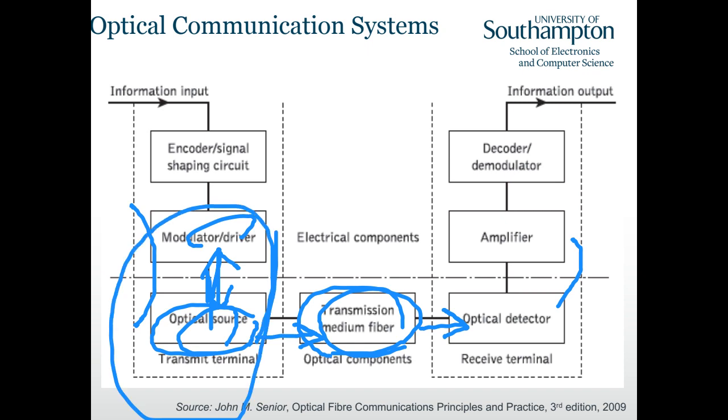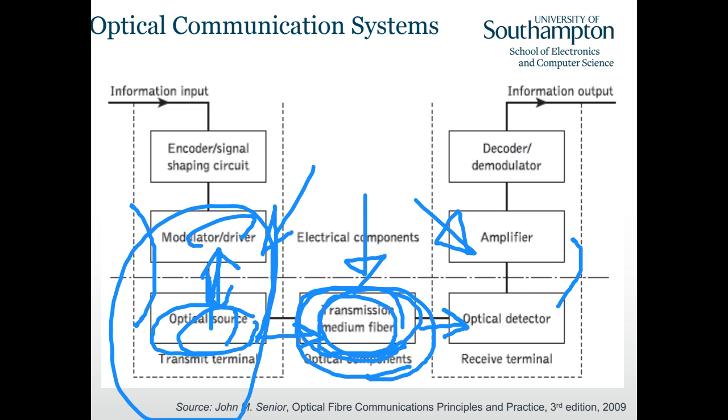But in this way, the deployment of fiber is also beneficial because fiber itself is future-proof. In the future, if we improve the transceiver, we just update the transceiver. We do not need to change the medium because we are still very far away from the data rate that can be supported by the medium.